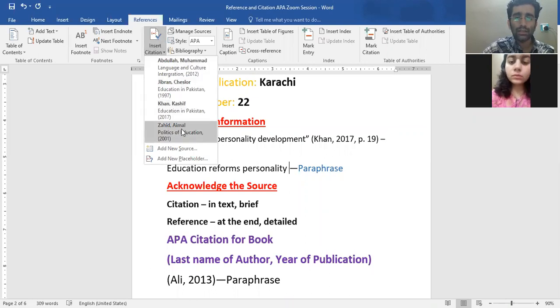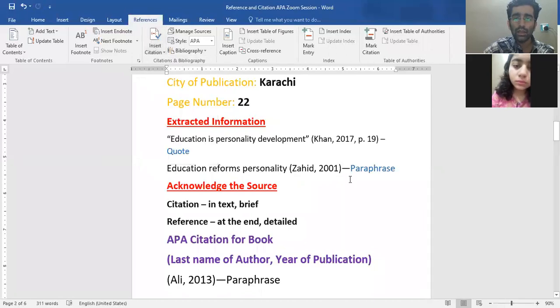So say this time we pick Amal. Although it's just the same paraphrase, but just to make you realize that how it works. So I press Amal Zahid and this has been added. ठीक है जी? So this is how it works.